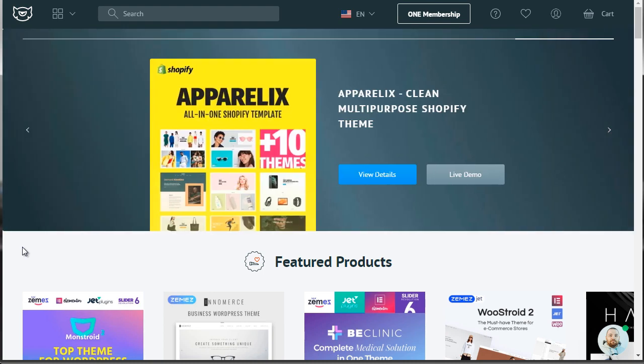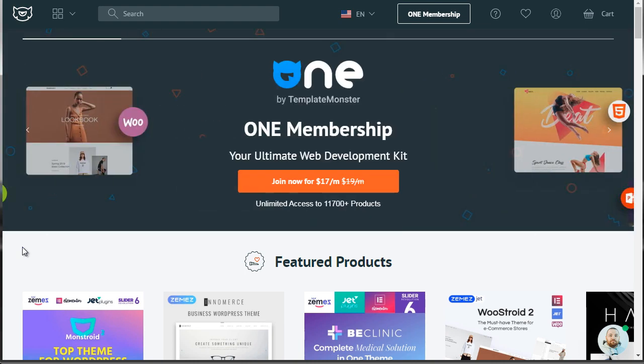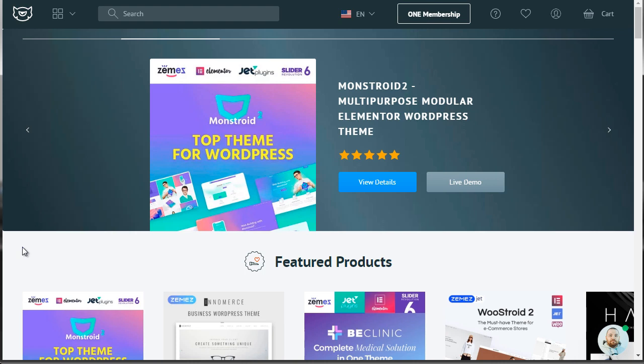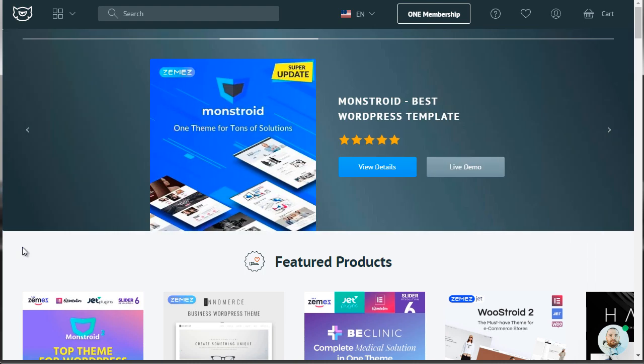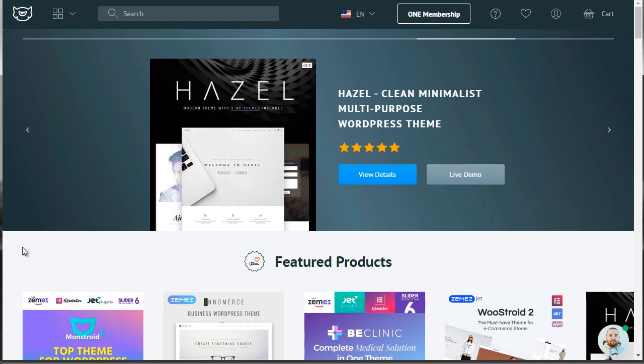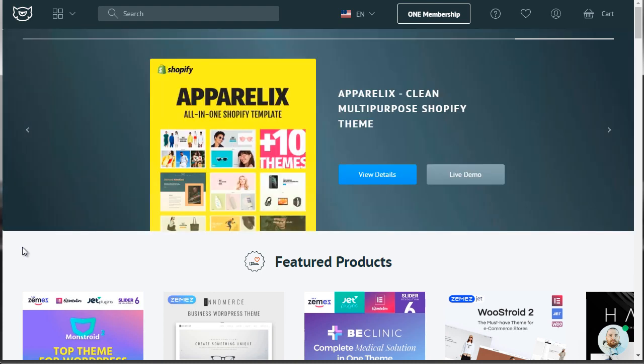So going back to why you want to create your store and what niche you want to create your store for, those are crucial things to have in mind as you begin to look for WooCommerce themes. What I'm going to do now is show you different sites that you can go to get WooCommerce themes. The first one is called